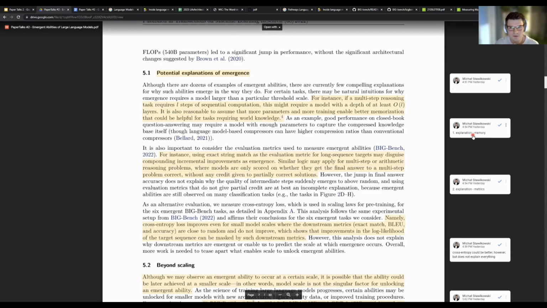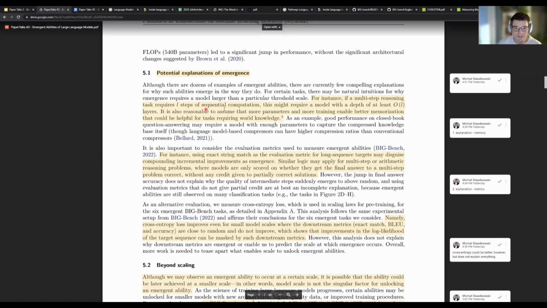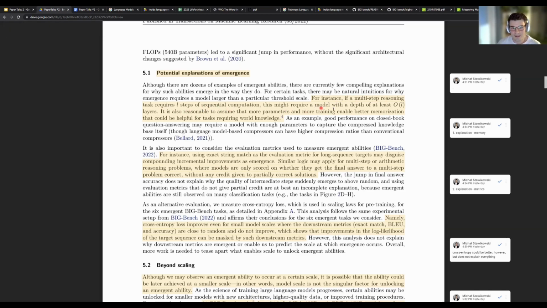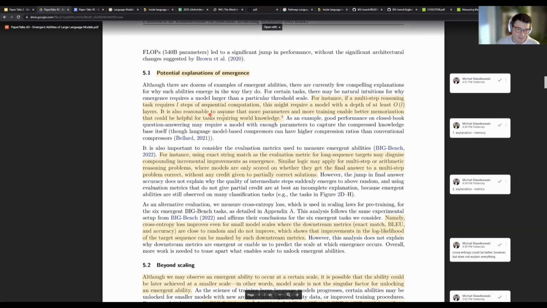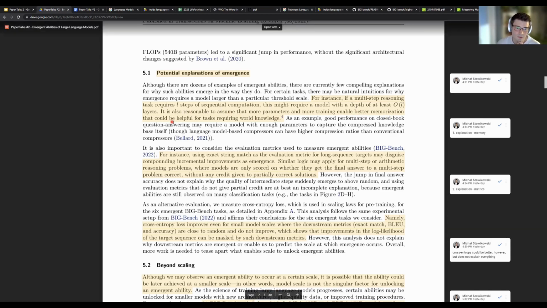So the model needs to have some sort of memory to actually remember previous steps. And what they are stating is that, for instance, if a multi-step reasoning task requires L steps of sequential computing, this might require a model with a depth of at least O of L layers. It is also reasonable to assume that more parameters and more training enable better memorization that could be helpful for